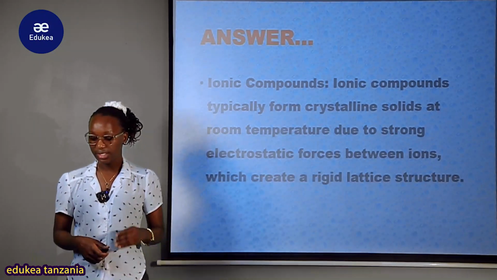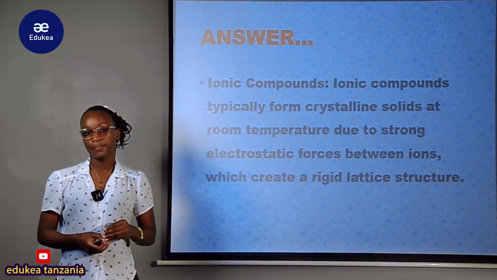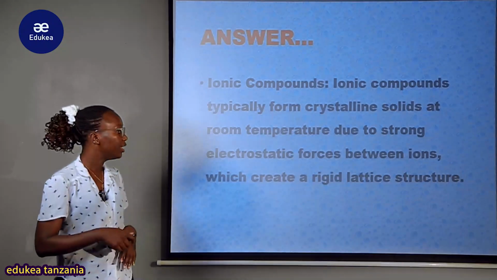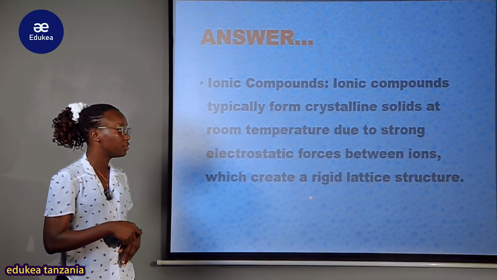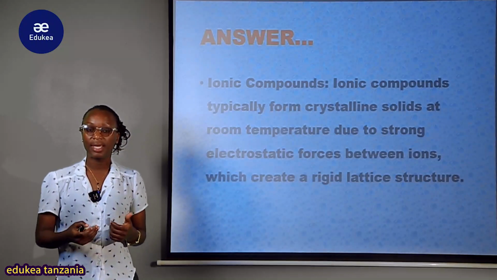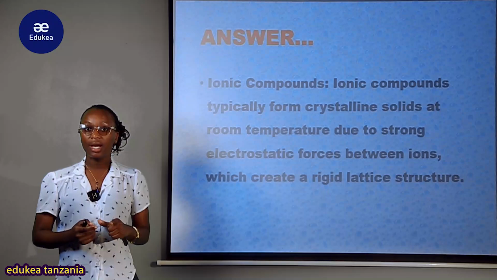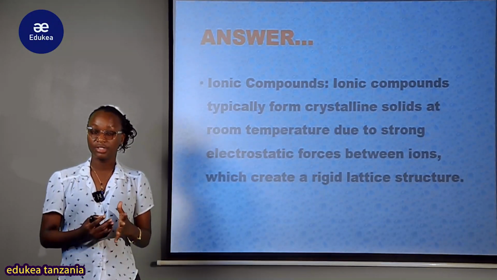Kwamba hizi hapa always at room temperature zina exist as a solid, zinakuwa solid in nature, na hii ni kwa sababu ya factor of strong electrostatic force between ions ambayo inapelekea ile rigid lattice structure. Ile structure ya ile compound inakuwa in solid form or rigid form, inakuwa ni difficult to change,